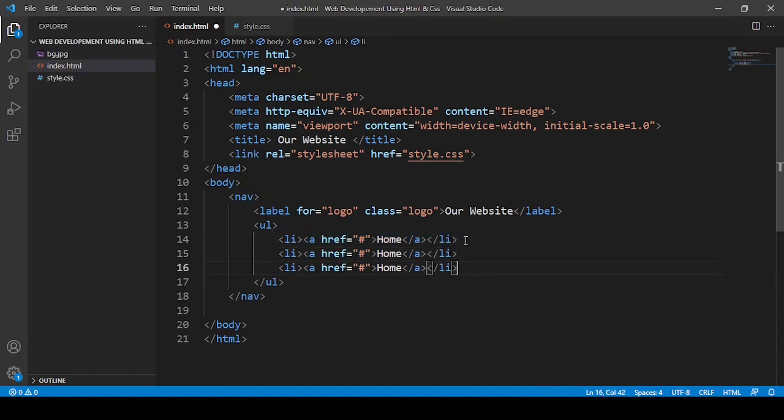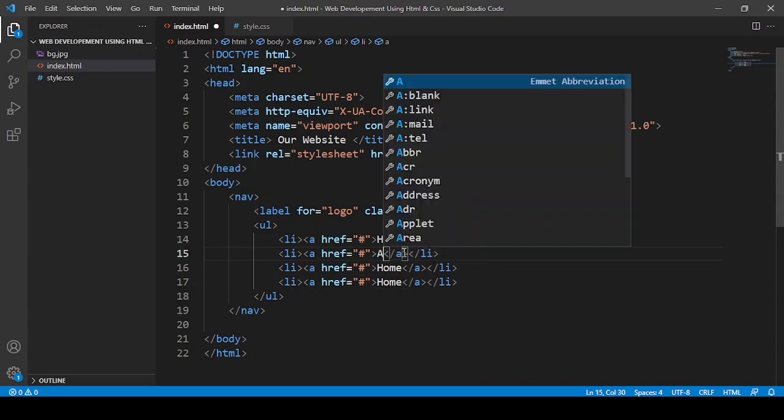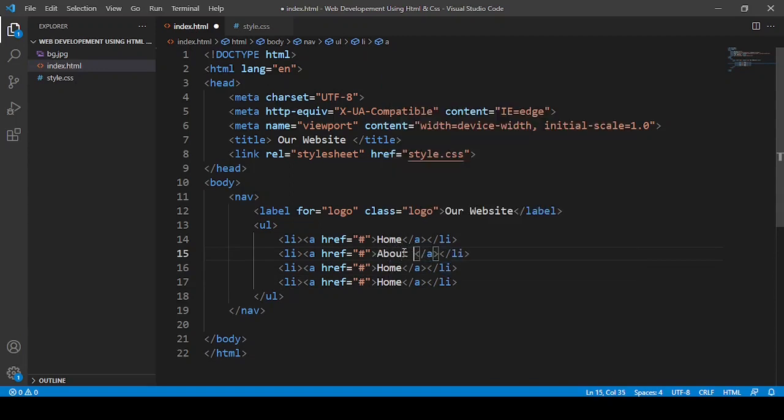How many menus do you want? Here I'm going to paste it 4 times, and in first after home I'm going to say about us, then I'm going to say services, and then lastly contact.